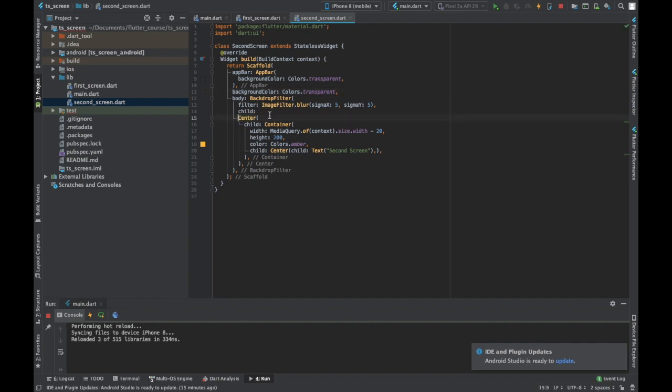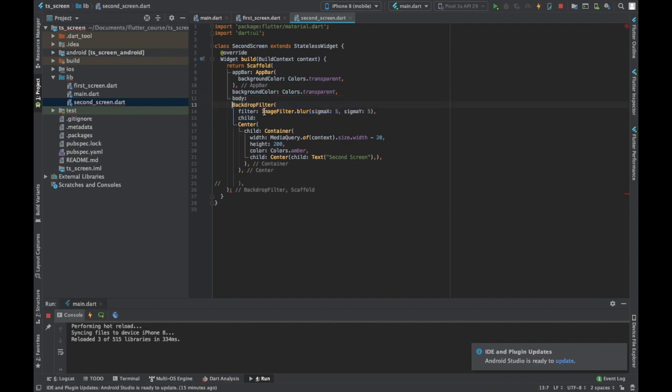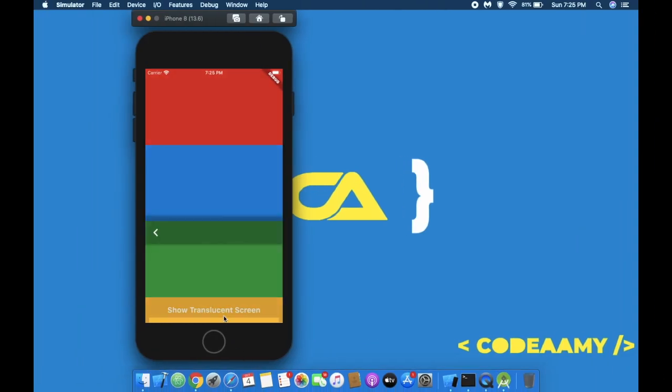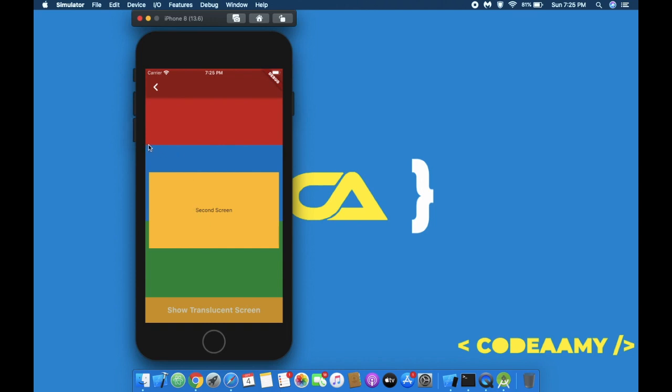Let me put an enter over here, child ends, and comment this out, Control S to save. See, now it is a completely transparent screen. You can see there is no blur on the edges. Everything is completely transparent.